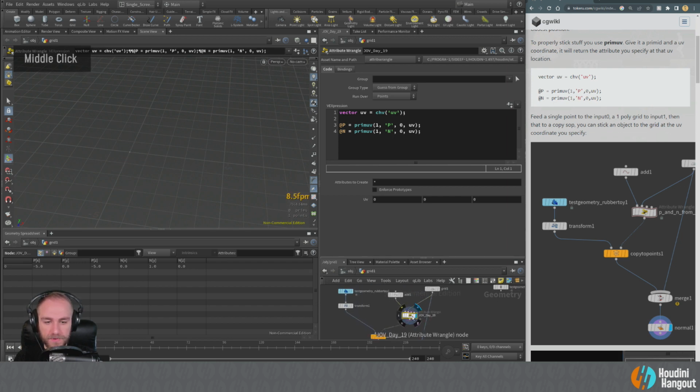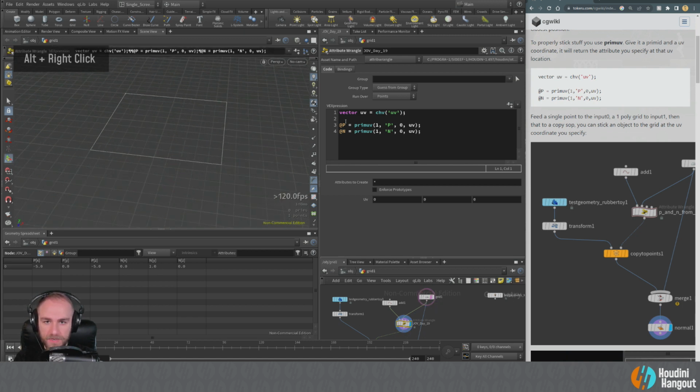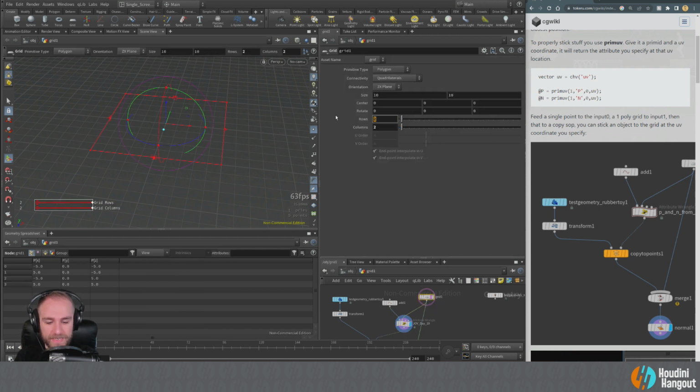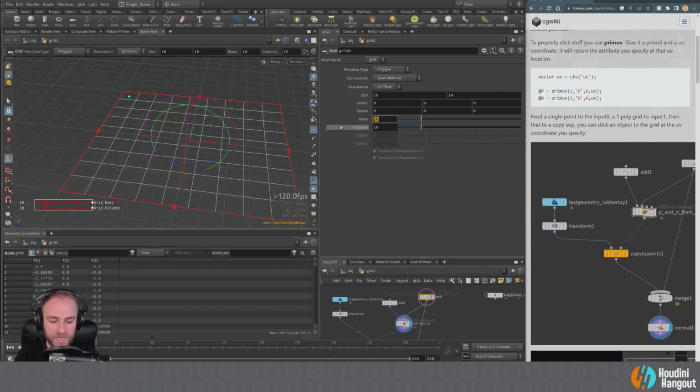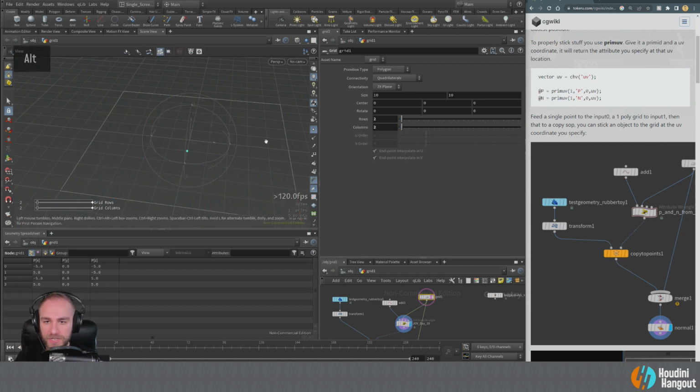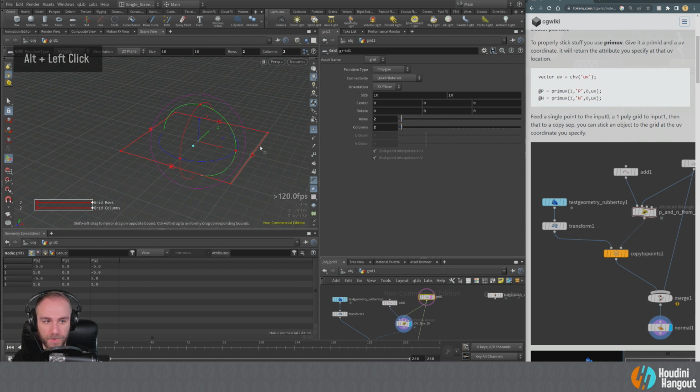So the reason that those numbers were so high, just as a little example here, let's just template that. The reason that those numbers were so high was because when I set this to 6, 0.5, instead, if I had this at a 10 by 10 grid, that's only going to be looking in this first primitive. And so we're just going to set this as a 2 by 2 grid so we can just talk about one primitive first. And we're going to kind of clarify